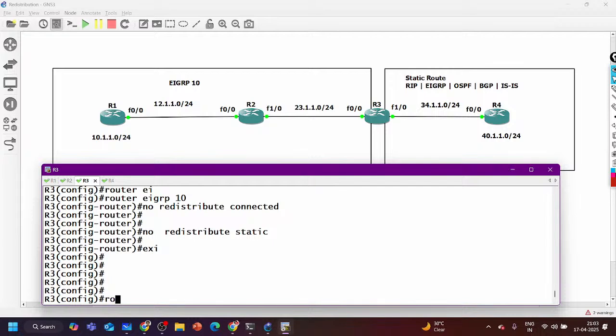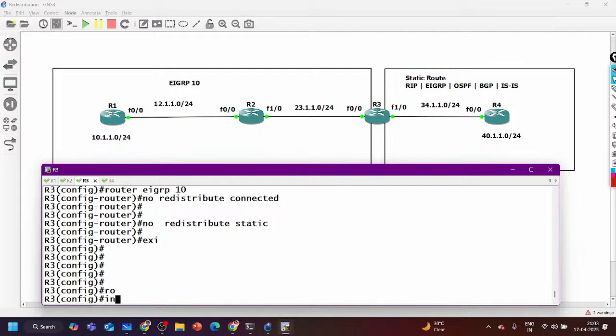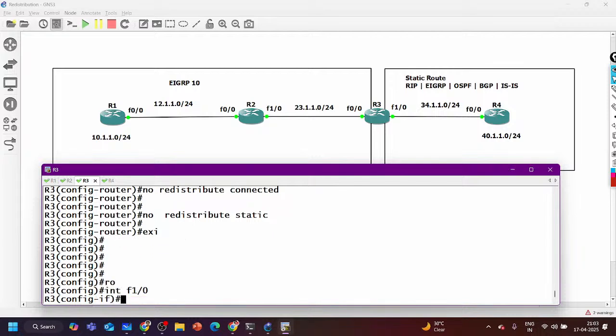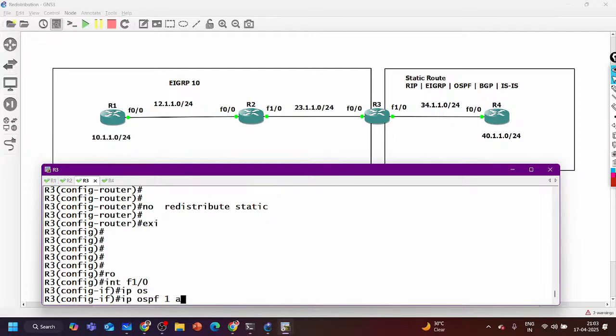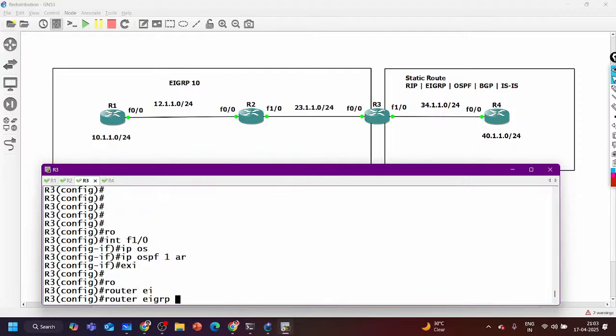And now let me enable the OSPF protocol here between router 3 and router 4. Interface F1/0, ip ospf 1 area 0. Before OSPF, if you want to see RIP or EIGRP with another AS number, then please let me know, guys. Is RIP required? Do you want to redistribute RIP? Yes, sir. Then let me enable RIP first. Router RIP version 2, no auto summary and network 34.1.1.0.